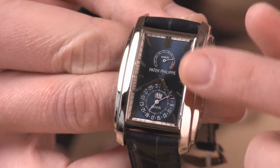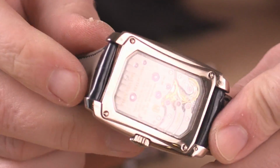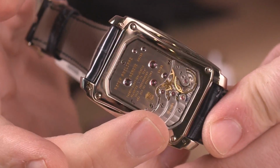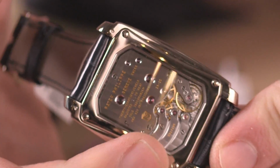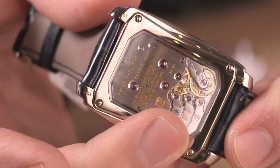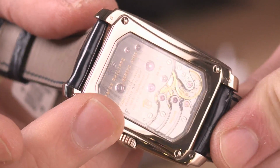It is a power reserve with an 8-day power reserve, and as you can see, a properly sized and shaped movement underneath the case back. Note the triple finger bridge arrangement leading down to the escapement and the balance. That's drawn from old Geneva pocket watches. You could see that the shaped and sized caliber properly fitted to the case, the sign of a true manufacturer,